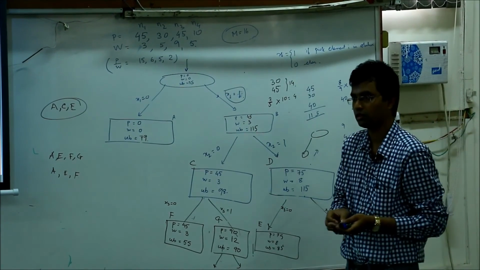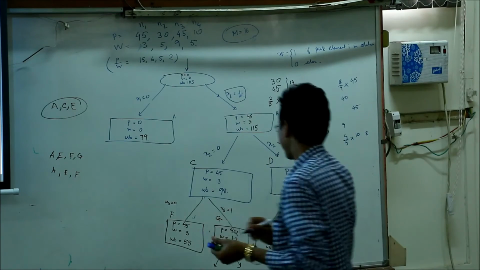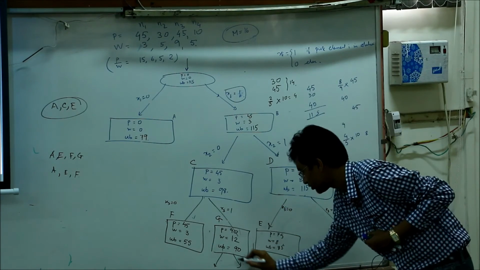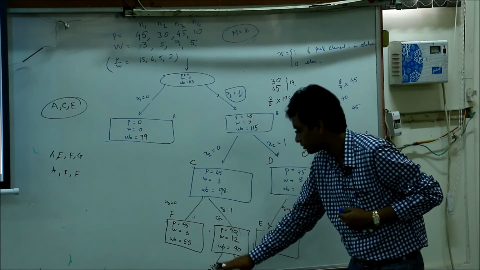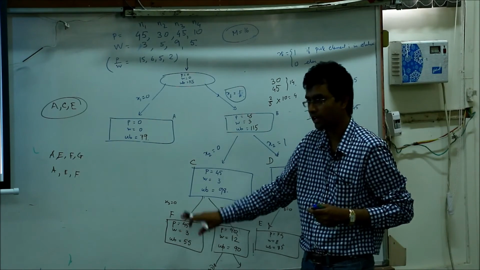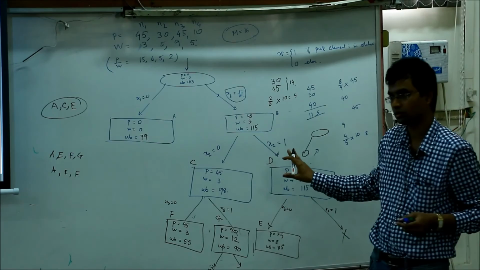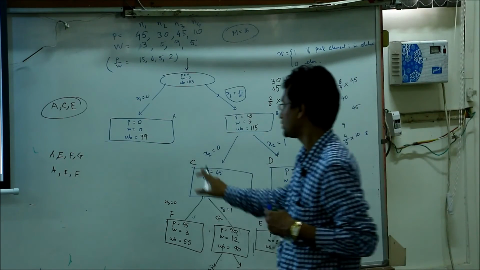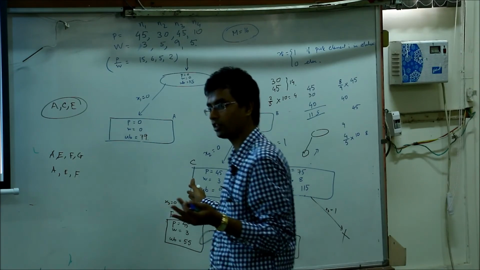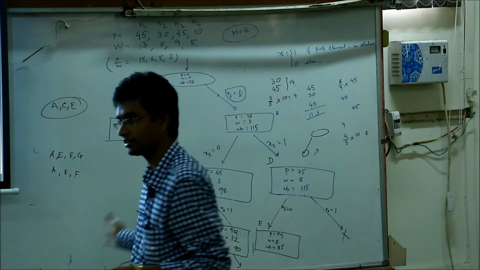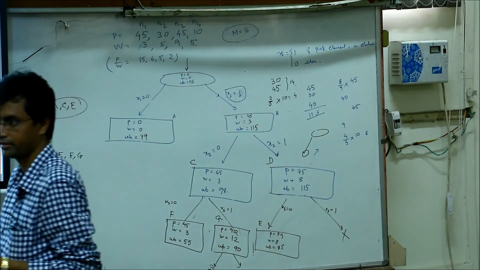What did you say? What is the terminating criteria? Terminating criteria is, suppose you have a solution. So for example, here you have the solution of 90, right? And the solution value is more than the upper bounds at all the remaining live nodes. Then you know that each of these live nodes cannot give you a solution better than the upper bound, right? And we have already got a solution which is more than that. So that's the terminating condition.